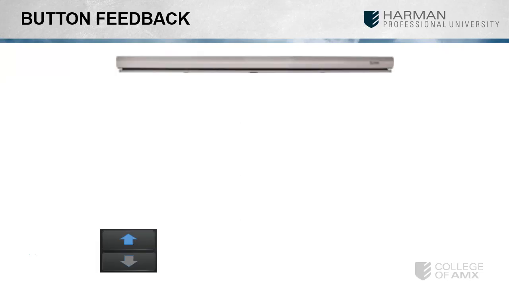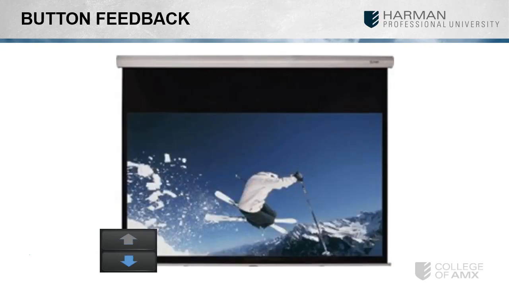However, most of the time we use feedback to light up a button on a touch panel to indicate to the user the status of whatever property that button represents. For example, if it's the screen down button for your projection screen, that button would be on, lit up, when